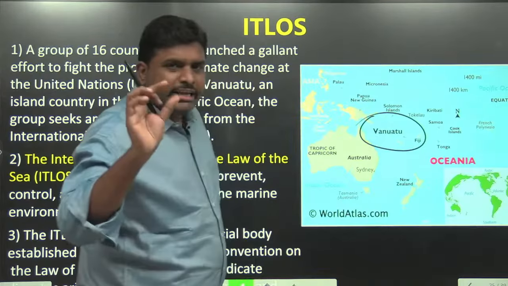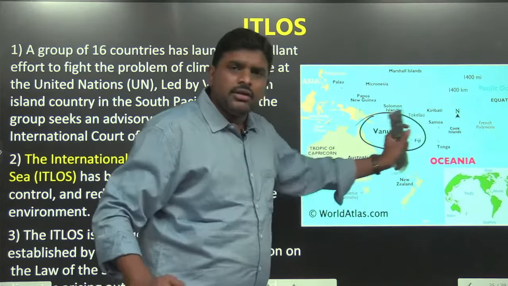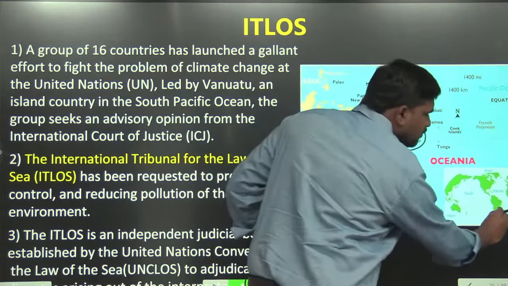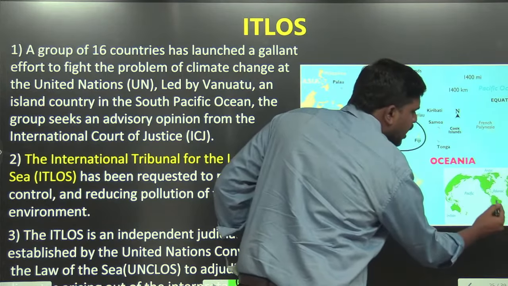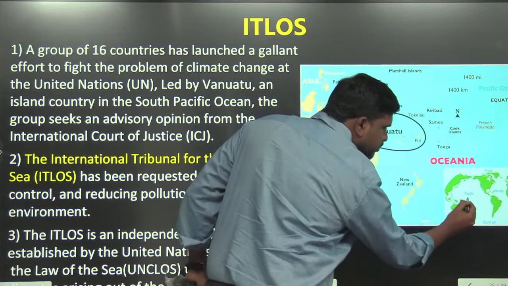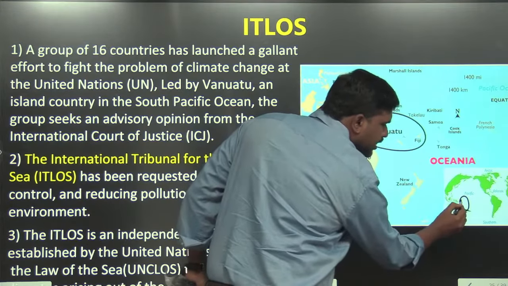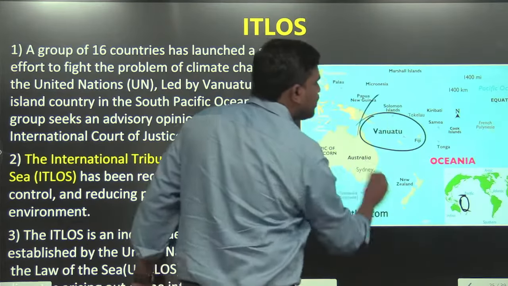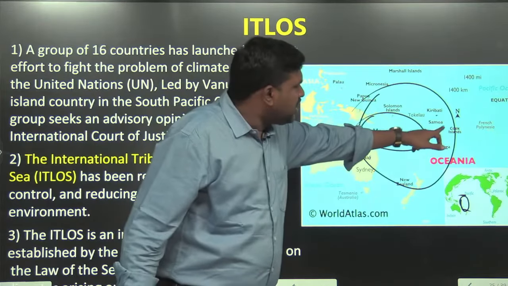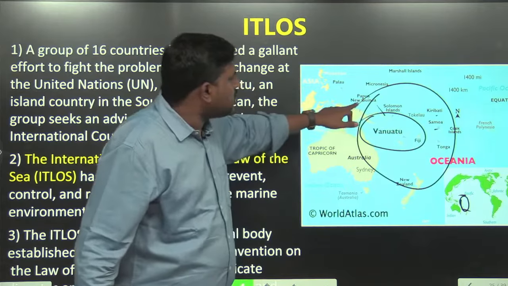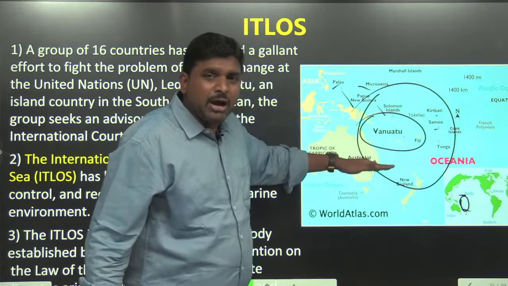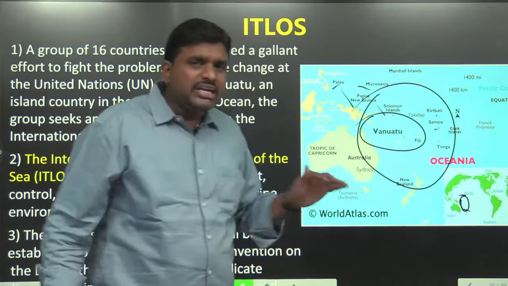Vanuatu is a small country in the Far East. If you see the world map here, the Atlantic Ocean, here India, the Pacific Ocean, Australia. In this Pacific Ocean, small countries are there. So this Vanuatu, Fiji, Kiribati, Samoa, Solomon Islands, Papua New Guinea, Palau, Micronesia, Melanesia, Polynesia, the small countries are